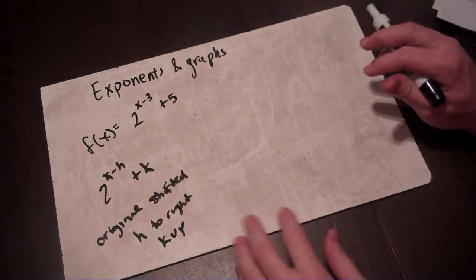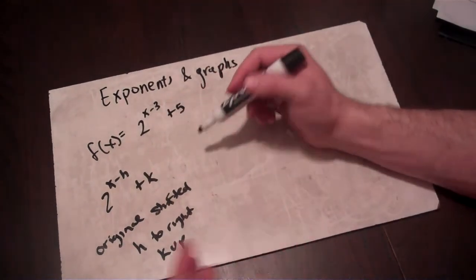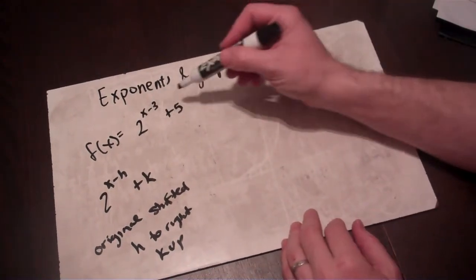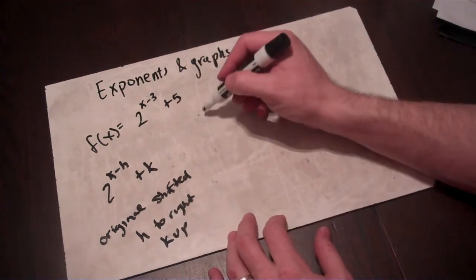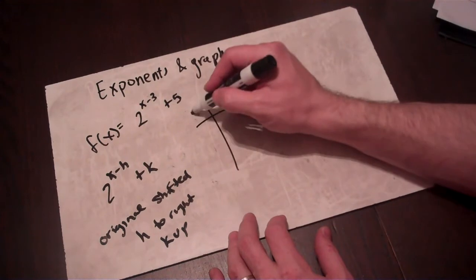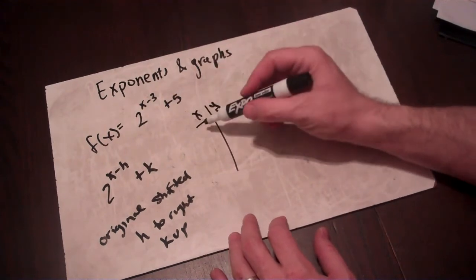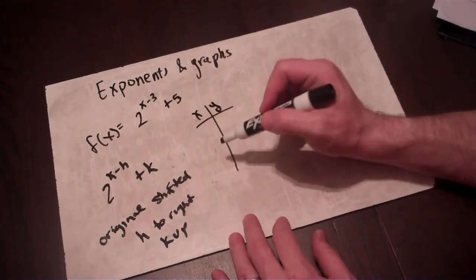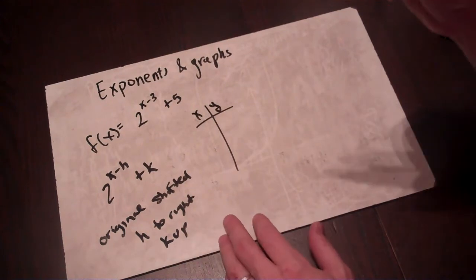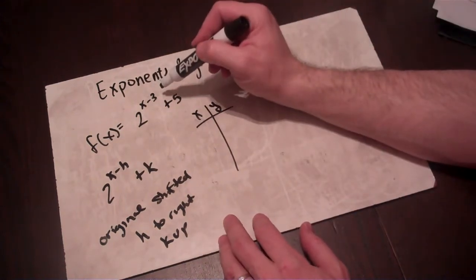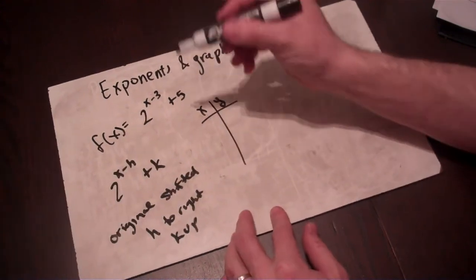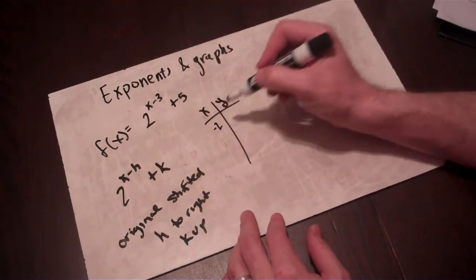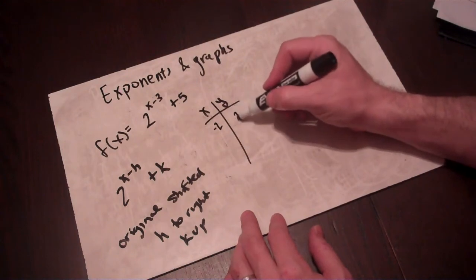So one way to do this is to just take the previous graph and move it h units, move it 3 units to the right, move it 5 units up. Personally, that's not the way I would handle it. If I was handling this, I would just kind of pay attention to the fact that if I plug in my normal -2, -1, 0, 1, 2, 3 or something like that, then when I subtract that 3, I'm going to get scooted backwards. So like if I plug in -2, for instance, I'm going to get 2 to the